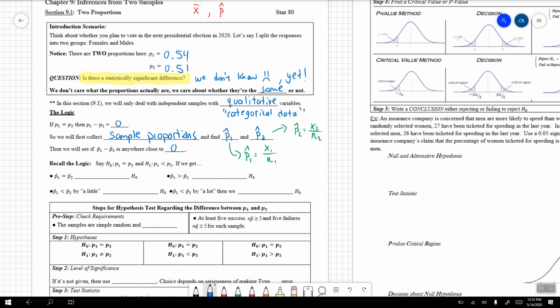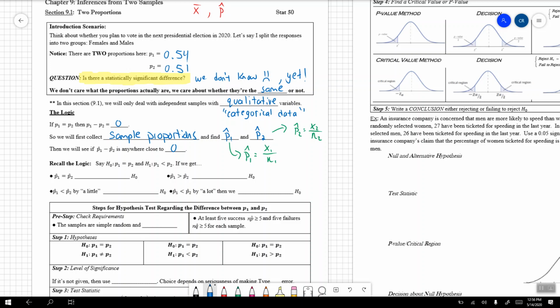So the logic here, again, when we want to do this testing of the null and the alternative hypothesis, is that we want to start off with the null hypothesis saying that the two proportions are equal to one another. In other words, if they're equal to one another, then their difference must be 0. The alternative is that we're trying to collect data to see if we can refute that hypothesis. So what we then have to do is start analyzing, what if the two sample